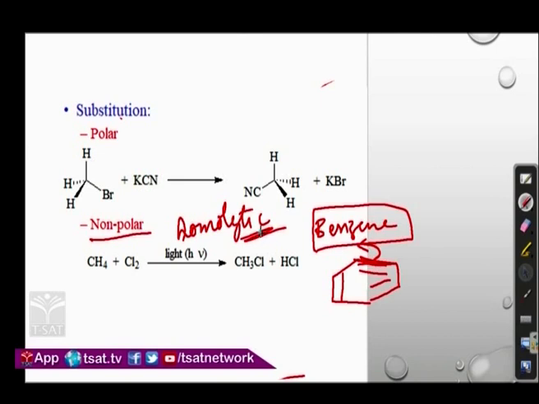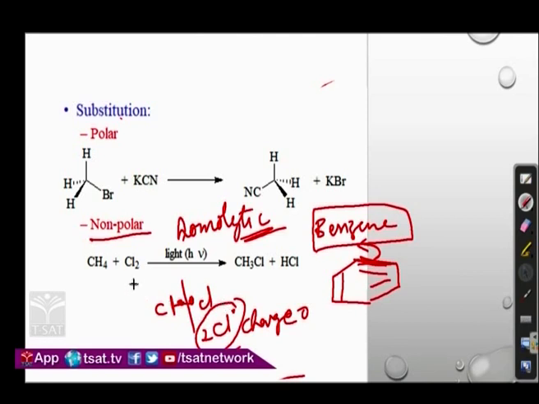In homolytic fashion, the bonds are going to break. Let's say there is a Cl2 molecule where the 2 electrons of the bond pair are present between the 2 chlorine atoms. This is going to break up in an equally distributed dissociation, so that 2 radicals are going to form. These radicals are highly reactive. Unlike ion formation, there is no charge. The charge is 0. If it is ions, there might be positive or negative charge, but here it is 0 charge but a highly reactive species.